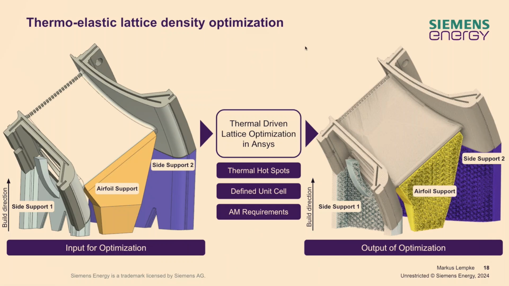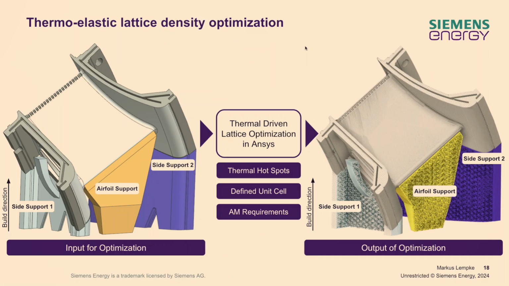And obviously, due to its shape, we have to use quite a lot of support structures to support it, to make sure that it doesn't warp in a way that we don't want, and just for the heat to get conducted to the build plate. On the left-hand side, you basically see where we're coming from. That would be our regular approach with just solid supports,